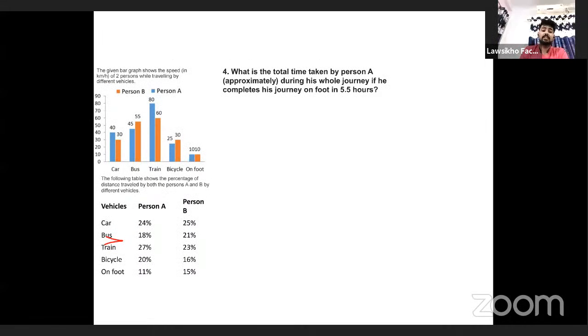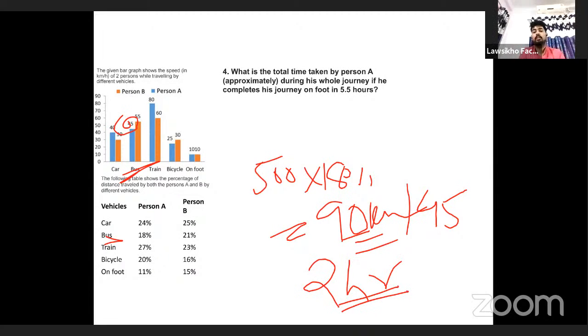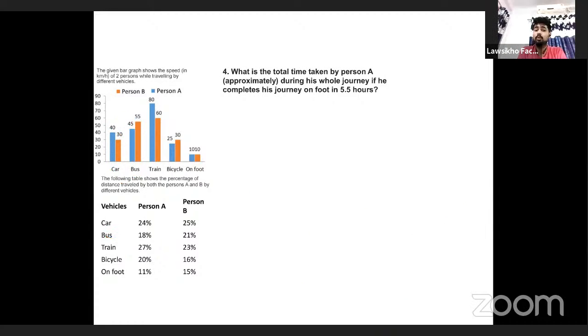देखो, बस का शेयर कितना है? 18%, तो 500 इंटू 18% कितना आएगा? 90 किलोमीटर। और इसका स्पीड कितना था बस में? It is 45, तो 90 upon 45, which is time is equal to distance upon speed, तो इसका आ जाएगा 2 आवर्स। ठीक है, तो कार का आ गया है अभी तक 3 आवर्स, बस का है 2 आवर्स। नेक्स्ट